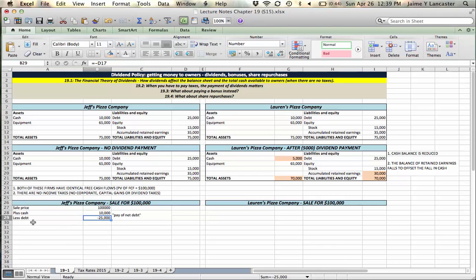So the amount that they're actually going to have to give the owner, in this case, how much would Jeff receive for the sale? It would be equal to the present value of the future cash flows plus the cash in the bank minus the debt. So Jeff would receive $85,000 in the sale. However,